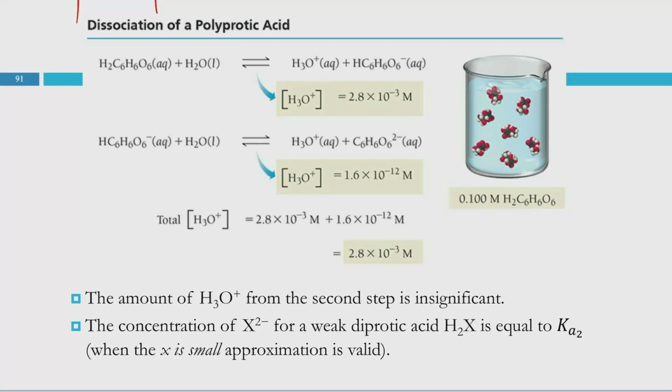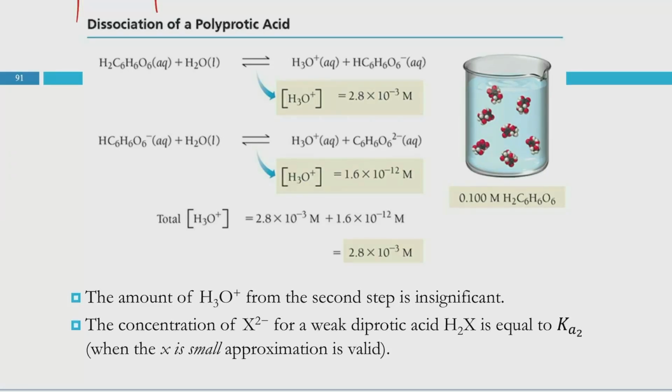All right, dissociation of a polyprotic acid. This is kind of covering the two cases that we looked at where we're looking at the H3O plus, possibly with the goal of finding pH, and or we're looking for concentration of our anion. So in our first step, we do a dissociation. We get a concentration of H3O plus, in this case 2.8 times 10 to the minus 3. If we compare the H3O plus that we get out from the second step, it's 1.6 times 10 to the minus 12, which is so small that it doesn't make a dent